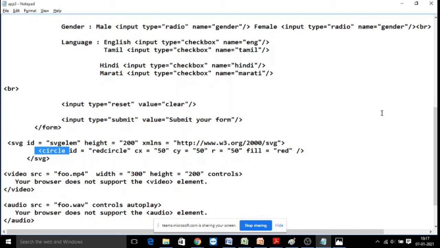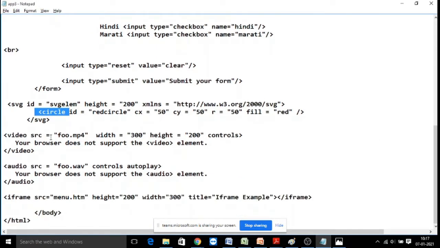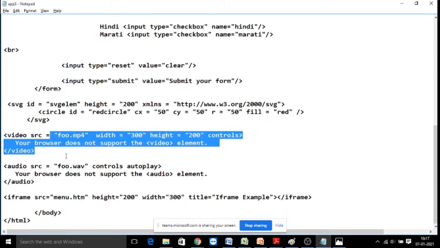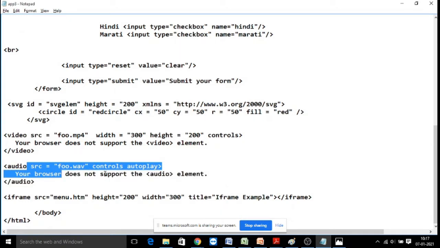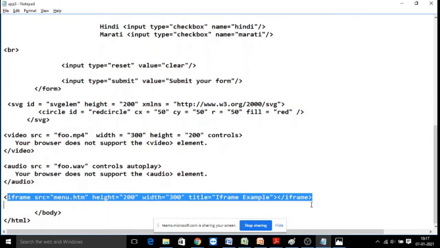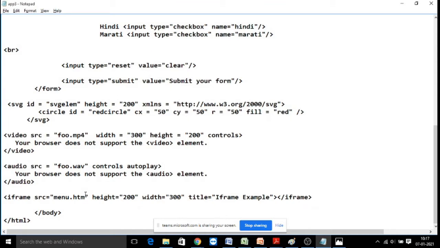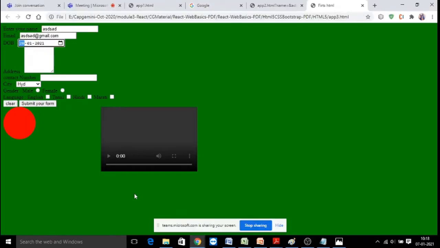Similarly, you can add video audio plugins. For example, you wanted to play a video, you wanted to play an audio. You can give directly video audio tags where you can play it without support of any other tools to play those plugins. Next is called iframe. Iframe is nothing but to embed one window in another window provided with some source file. These are all the newly added features.